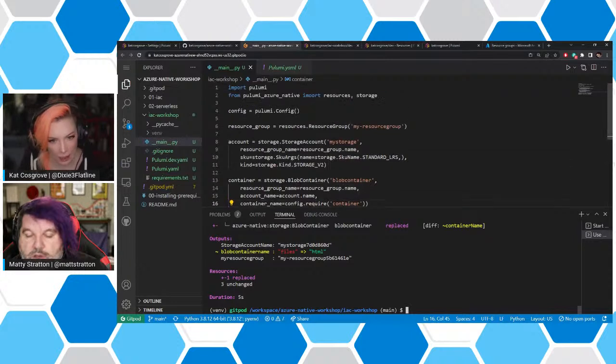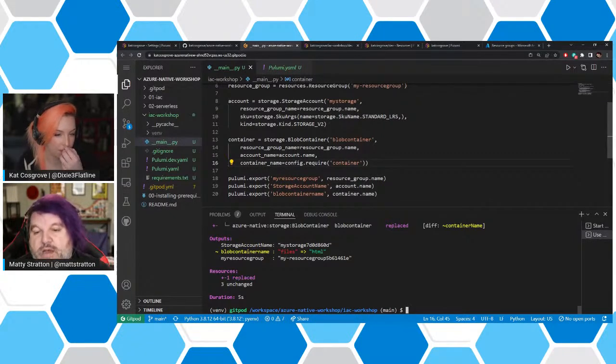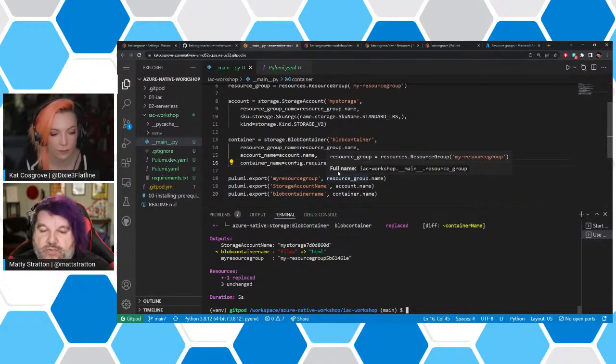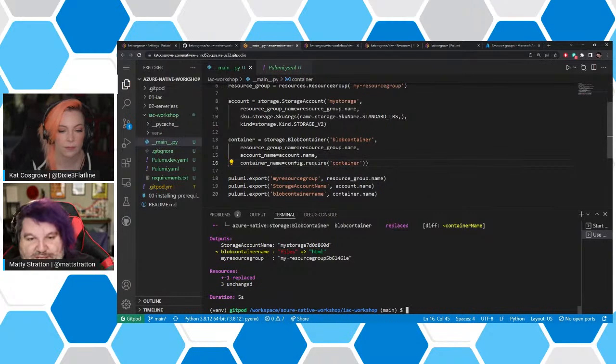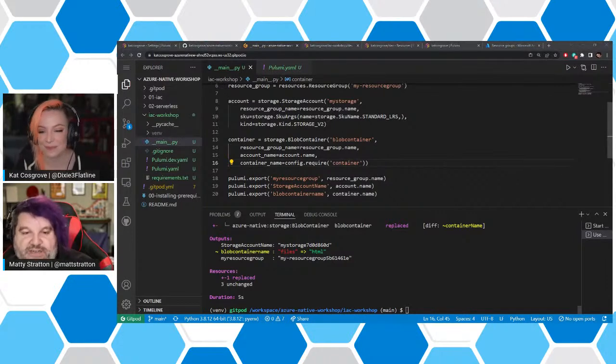Well, you could, but if you think about it, this is where the abstractions come in. There are certain things that your subject matter expert who writes a Pulumi program knows, like the dials that people can change and the dials that they can't. This is the example I used to give a long time ago, which will date me, because I'm going to talk about Tomcat for a minute. Let's say I was writing a program to get an instance of Tomcat, and I'm the Tomcat genius, so I know the 150 different configuration things you could set. Kat just wants an instance of Tomcat and knows 3 things that she wants to set about it.